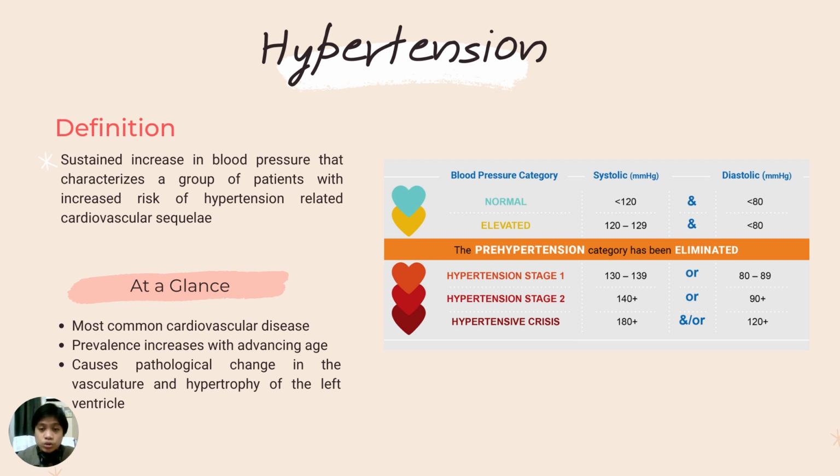So elevated blood pressure has a value of 120 to 129, but still less than 80 millimeters mercury of diastolic blood pressure. Hypertension technically would be a blood pressure of 130 to 139 millimeters mercury systolic or 80 to 89 millimeters mercury diastolic for stage 1. And for stage 2, that is above 140 systolic and above 90 diastolic. And hypertensive crisis would be above 180 and or above 120 millimeters mercury. Okay, so